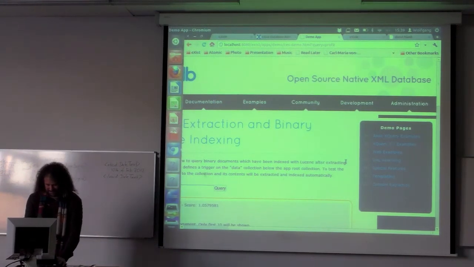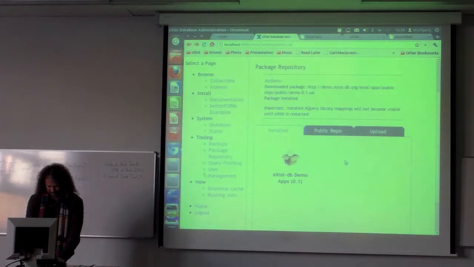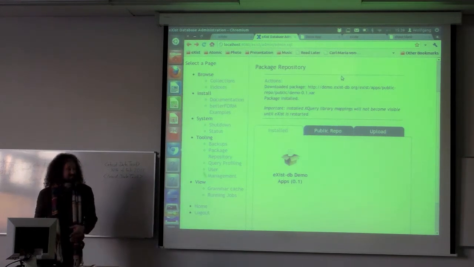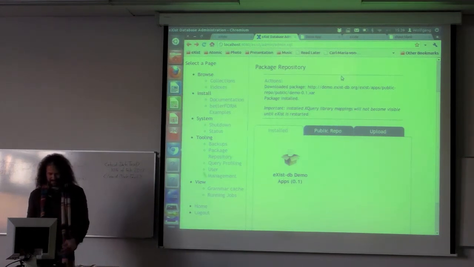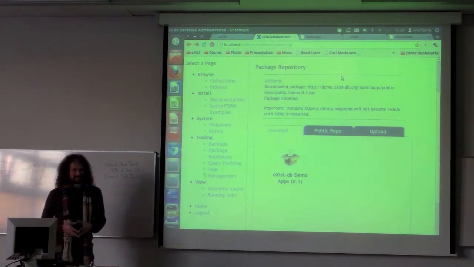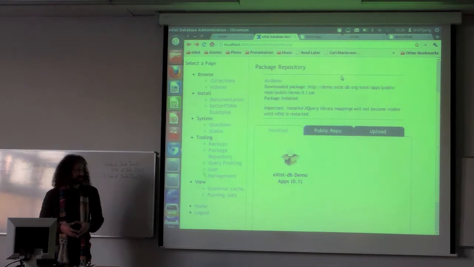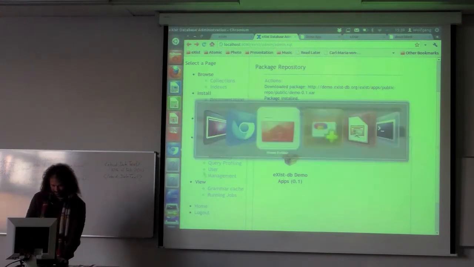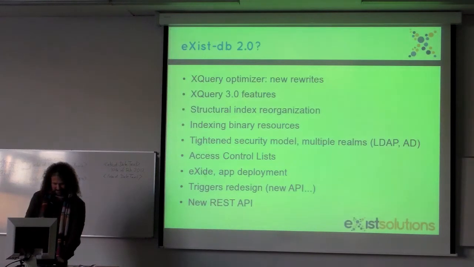There has been quite some progress on this as well, because eXist now has this package repository, and applications in there must have a certain format, which is the same one as used in EXPath. So those EXPath packages are always called .xar and constitute